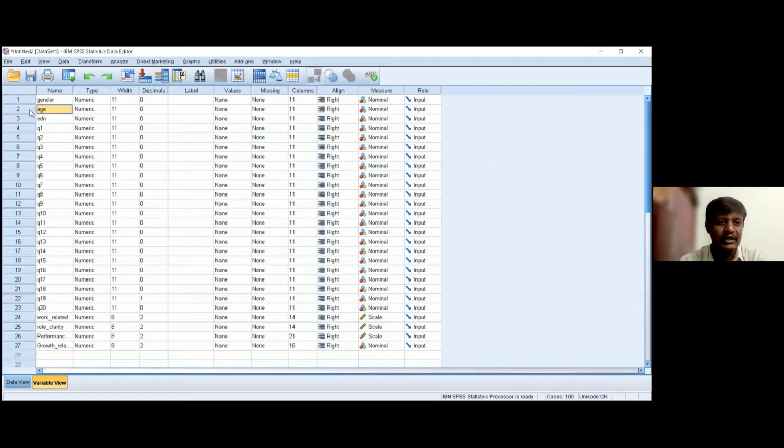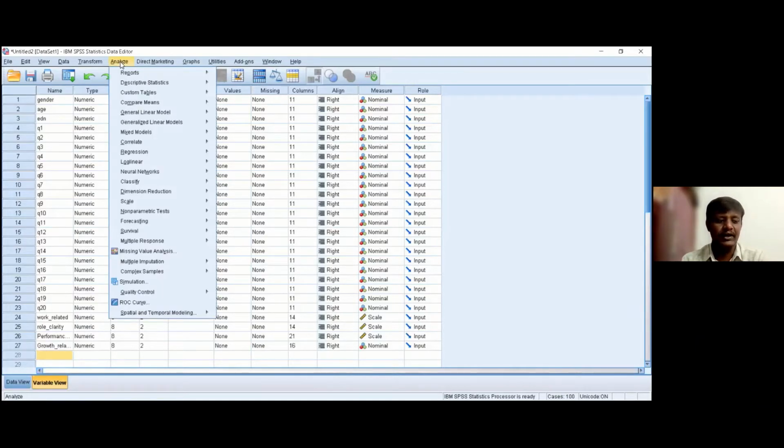One is the age variable, and another is the performance variable. To apply the independent sample t-test, we go back to Analyze, Compare Means.